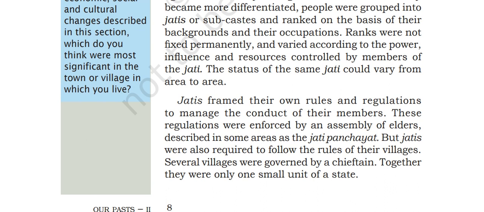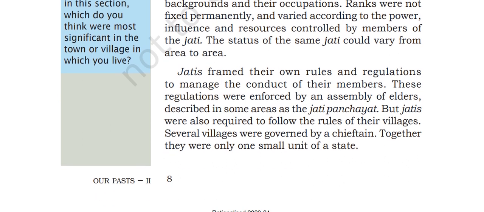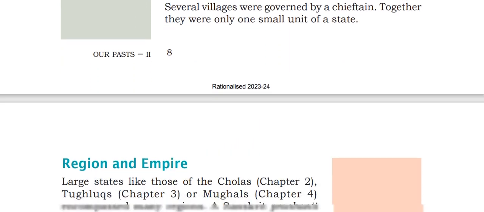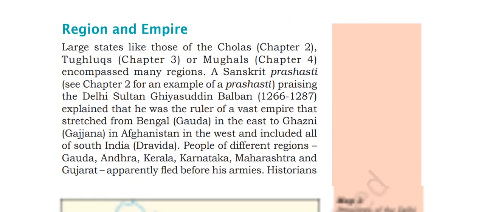But jatis were also required to follow the rules of their villages. Several villages were governed by chiefs, and together they were only one small unit of a state. Region and the empire: larger states like those of the Cholas, Tughlaqs or Mughals encompassed many regions. A Sanskrit prashasti, see chapter 2 for example, praising the Delhi Sultan Ghiyasuddin Balban,